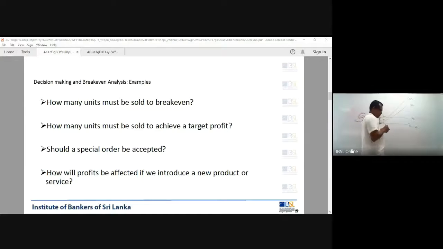This is the revenue line. You sell one unit, you have variable cost and a profit part. The smaller area is the contribution. What is contribution? Contribution is the amount we contribute to recover the fixed cost. Each item you sell, what is the amount we contribute to recover the fixed cost, right?